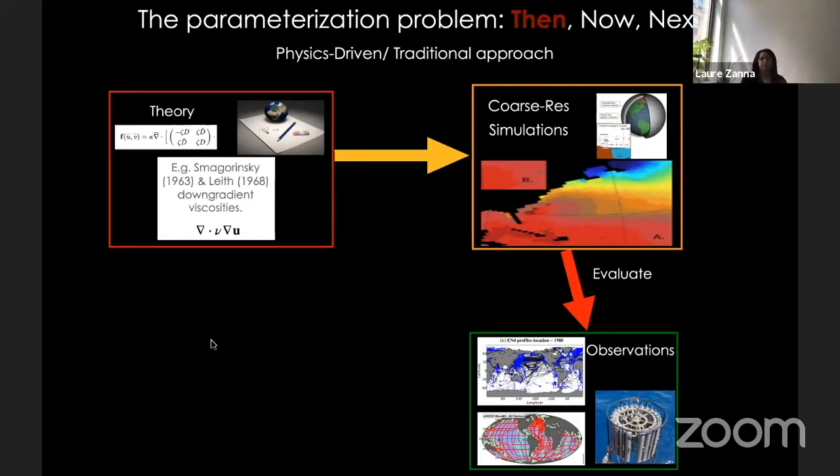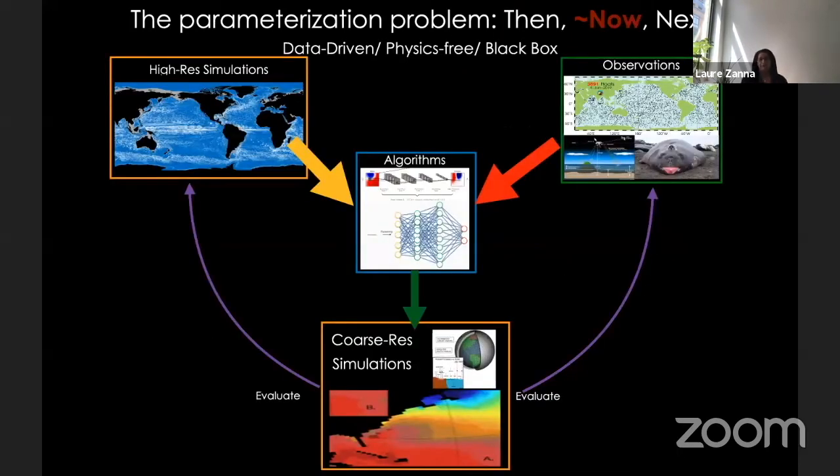Now, the other extreme, and some people have talked about this, is the black box approach, or the machine learning approach, which theoreticians usually don't like very much. And here, the situation is a bit different. What you do is you start with data. What is different than before is that now we have some high resolution simulations. We just don't have a lot of them, and we can't run them for long time scales, and we can't have ensembles, but we have a few of them, some idealized, some complicated. And so we could learn from that high resolution data.